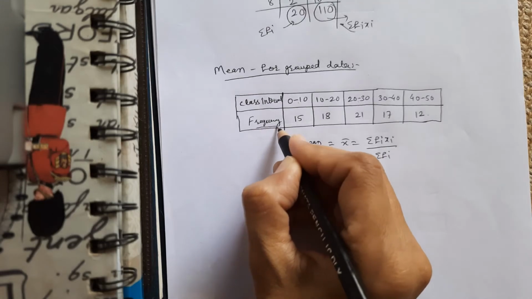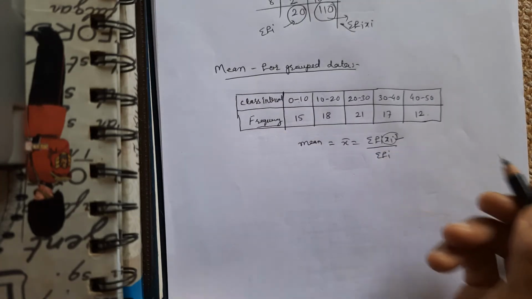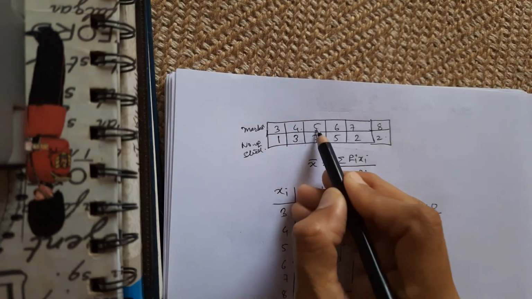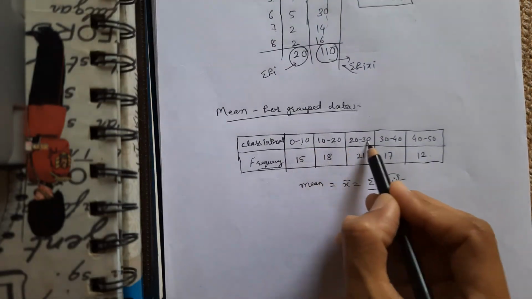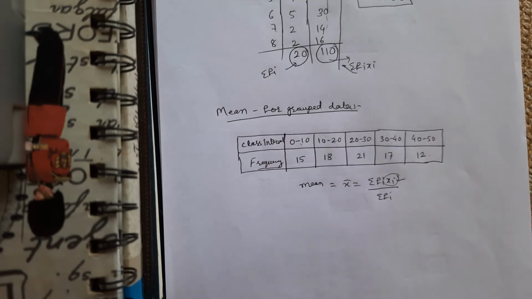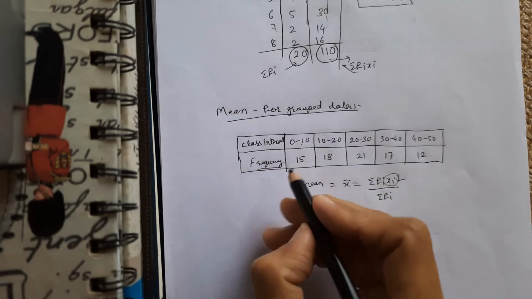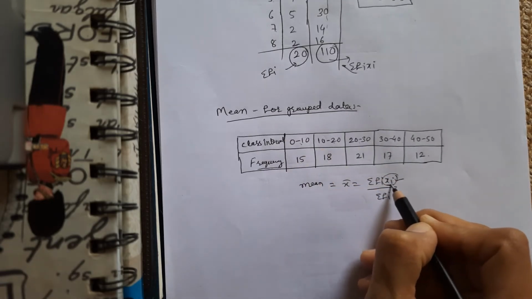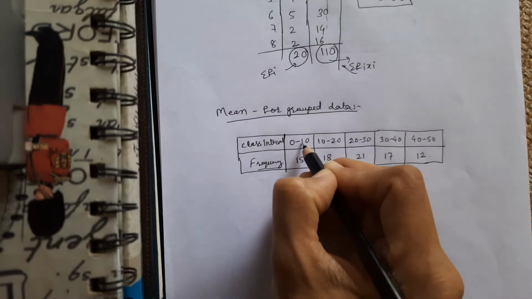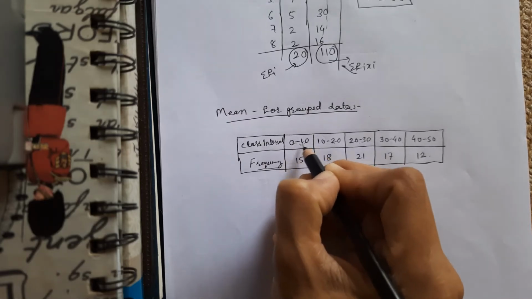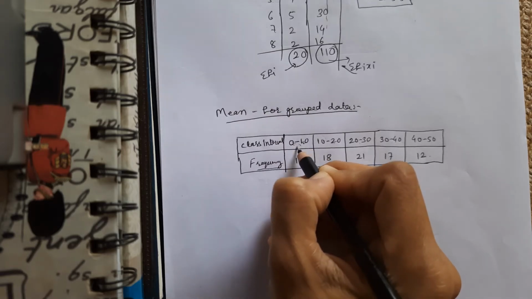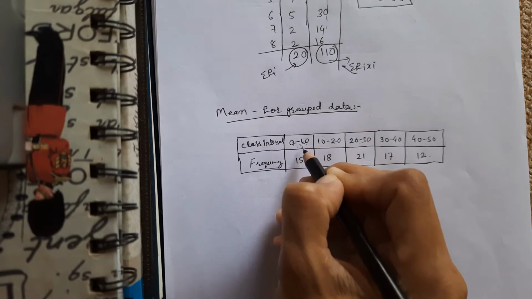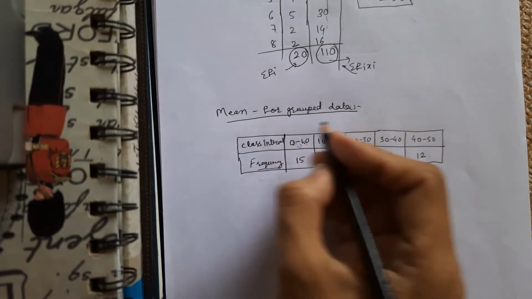So this frequency is given. Now this xi is not given. In the previous example you have a separate data point. So instead of a data point, you have a class interval, or the range is given here, some class upper limit and lower limit. So your point is how to find this xi. This xi is nothing but the central point or middle point of these two numbers. And how do you calculate it? Just add these two, divide by 2. So upper limit plus lower limit divided by 2. That's how we are going to find xi.